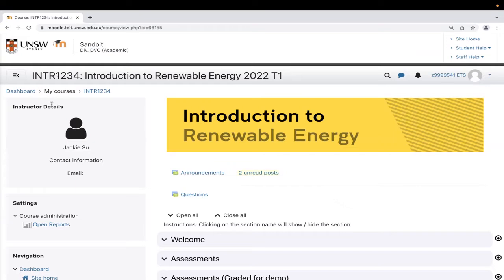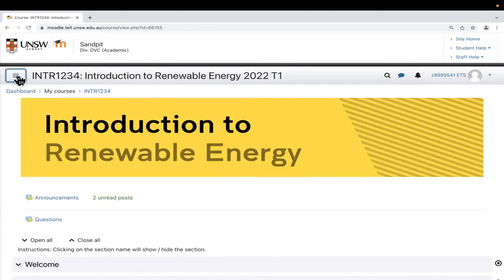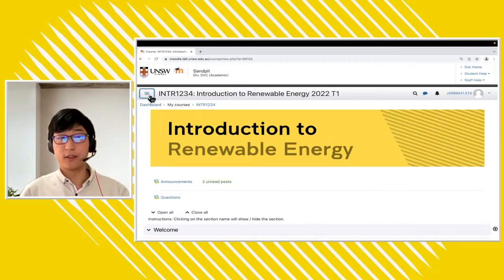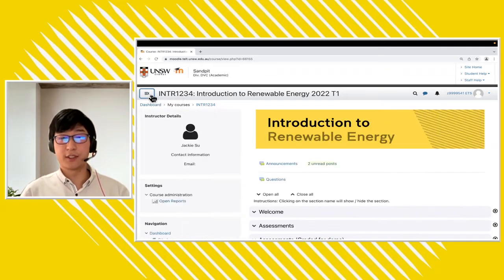As Adrian mentioned as well, when we're navigating through these courses, we can click this button on the top left to hide away the block section. Many times, especially if you're on a laptop, this block section is taking up a lot of the screen space when all you want to do is watch a video or read some text. We can click this on any page in our course, and it's going to hide it. We can click it one more time to show it.